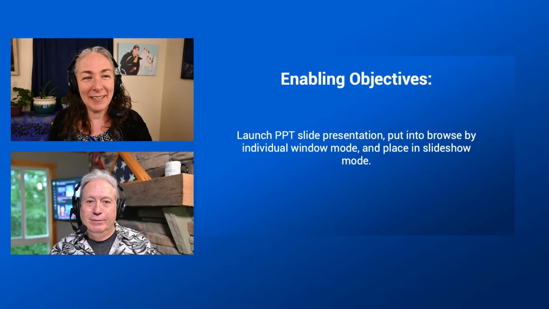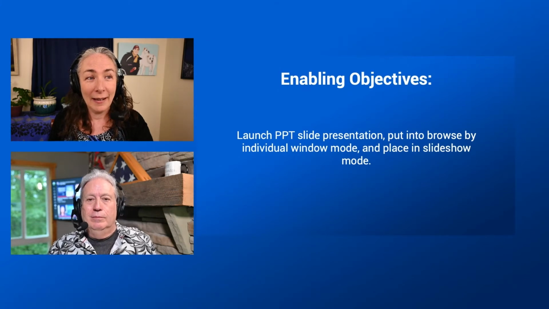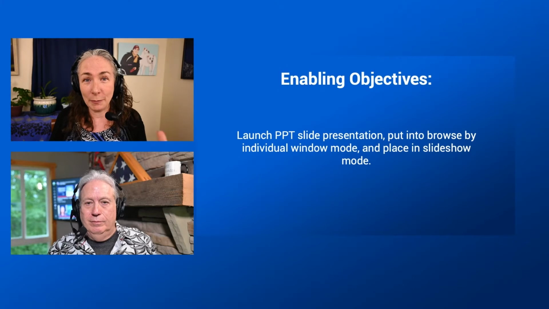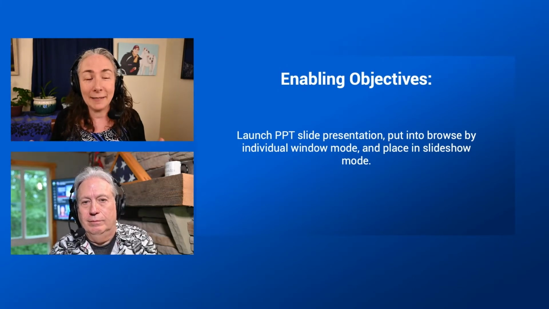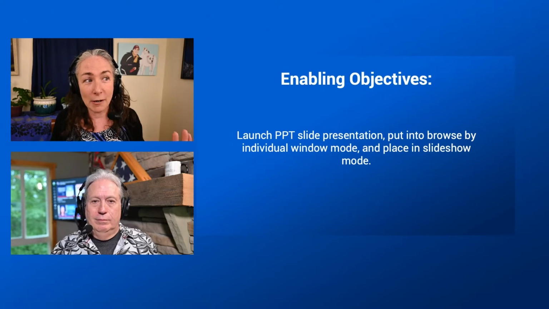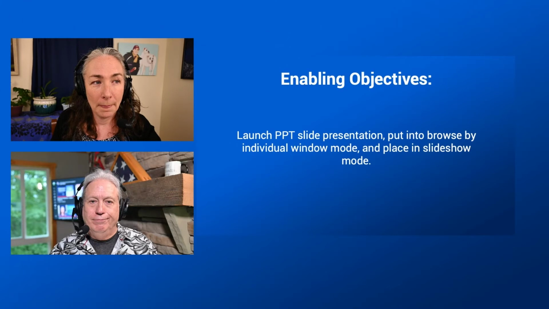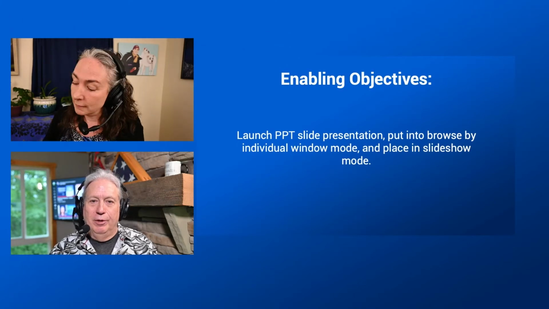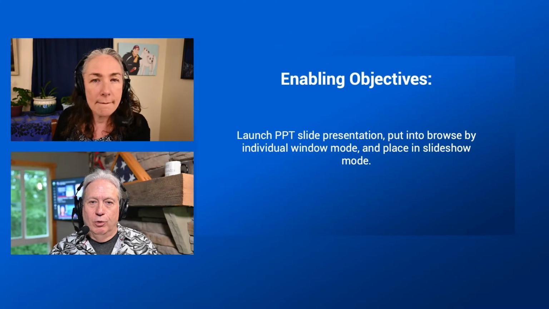Feedback. So now this next one is they have to launch the PowerPoint slide presentation and put it into Browse by an individual window mode, which is what they're going to actually learn, and place it in slideshow mode so that they are ready to go when they go live. I think what you might have is more than one objective there. How many separate things could you observe for mastery all as one thing?